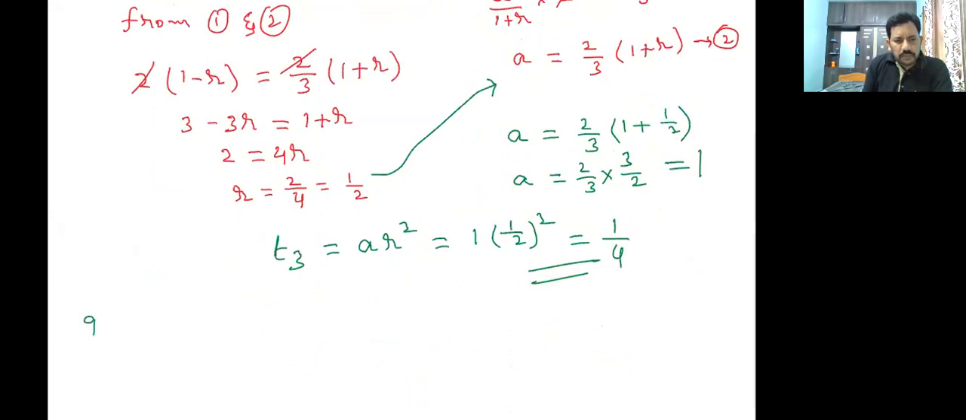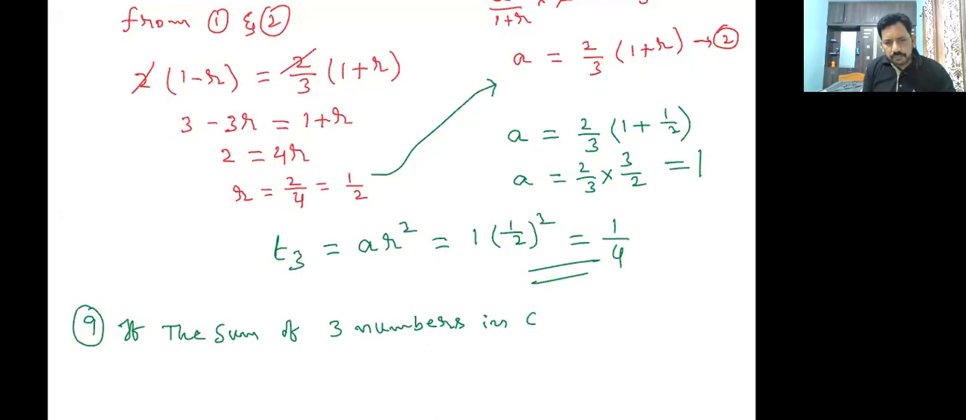Next, I am going to write the ninth question. Ninth question: if the sum of three numbers in GP is 21, and their product is 216, then the numbers are